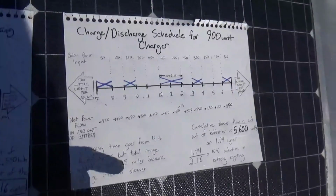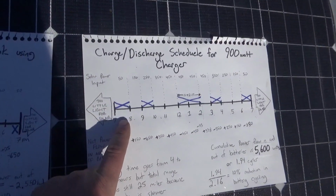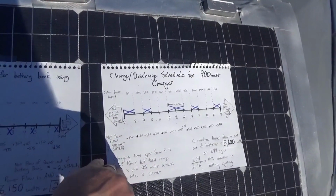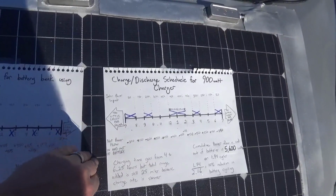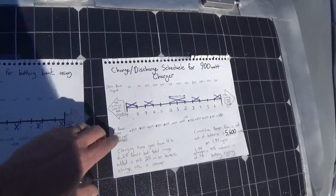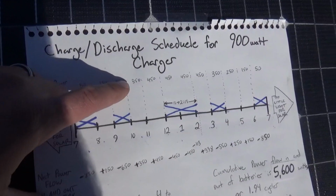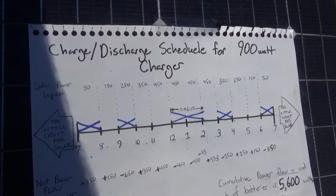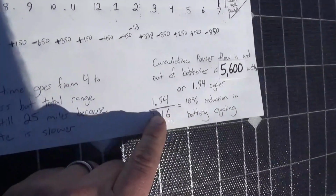So why is that cycle rate so much lower when you charge at a lower amperage? Well, the answer is that because the car charger pulls so much more wattage out of those batteries than the solar can add, you're kind of forcing power in and out of those batteries as you cycle that car charger on and off. Theoretically, if you could get a car charger that would exactly match the input of your solar system and additionally pull out the extra 2.5 kilowatts, 3 kilowatts out of your battery bank that you want over the day, you could theoretically get this number down to probably